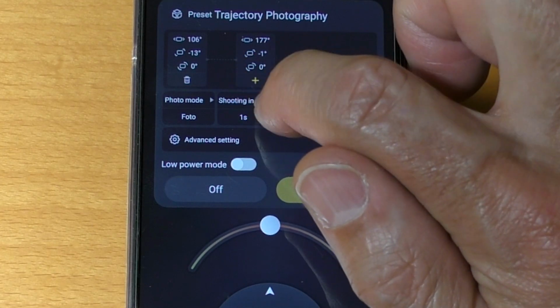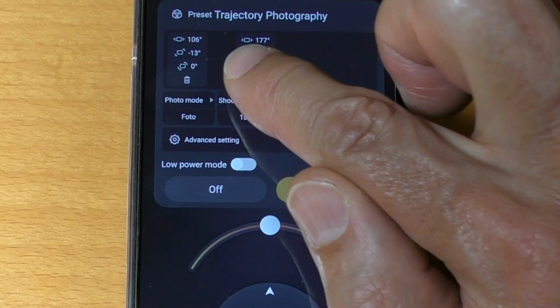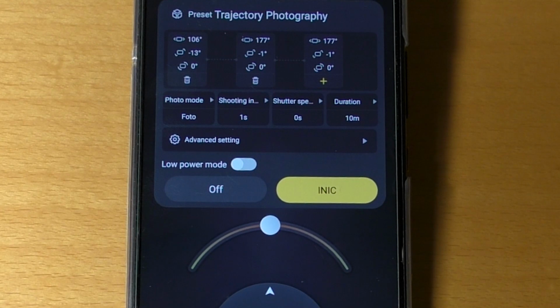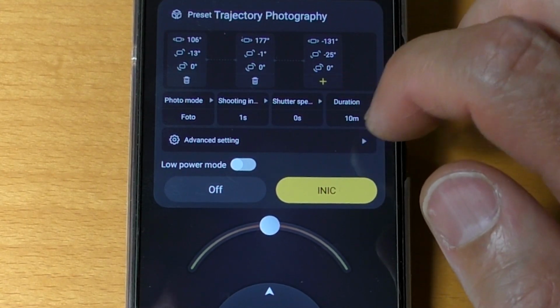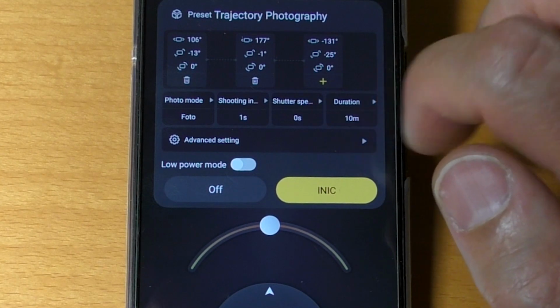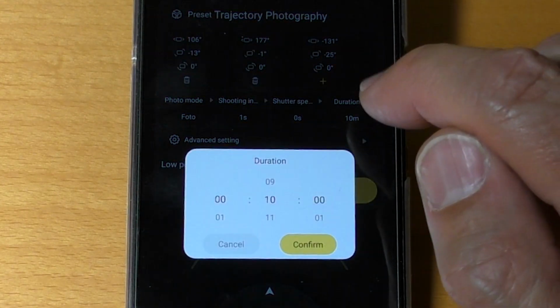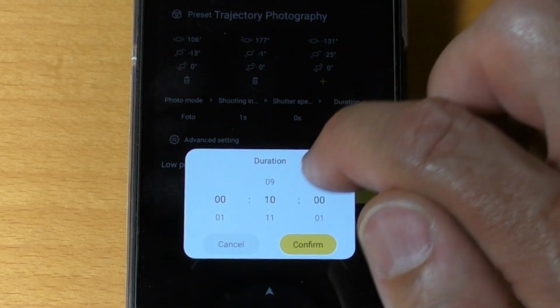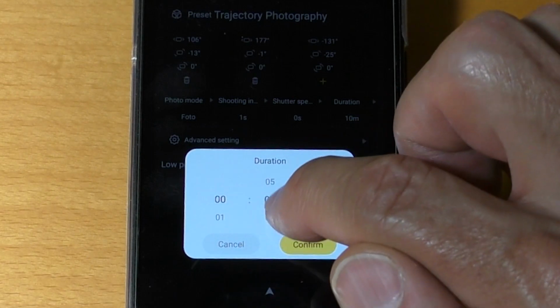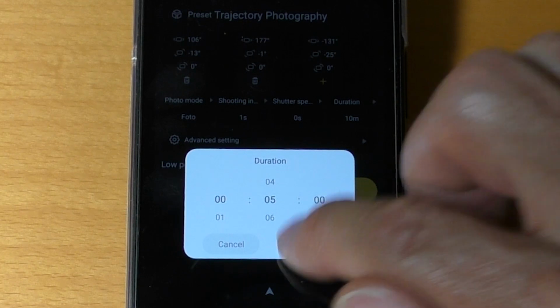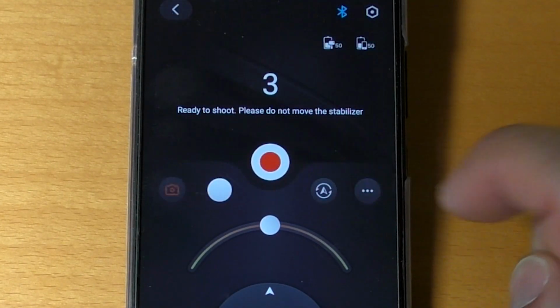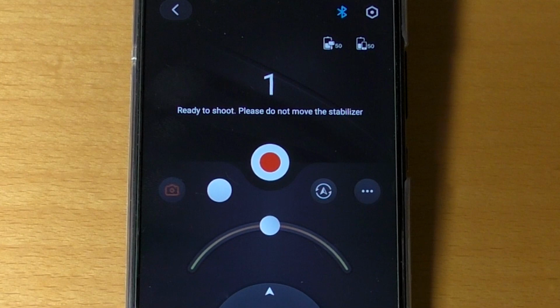Finally, with the same procedure, I'm going to add the last point. It will be the place where the last photo for the moving time-lapse will be taken. It only remains to adjust at the bottom of this interface for how long do I want the camera to be taking pictures. Once this is done, I can hit the big yellow button to start the process.